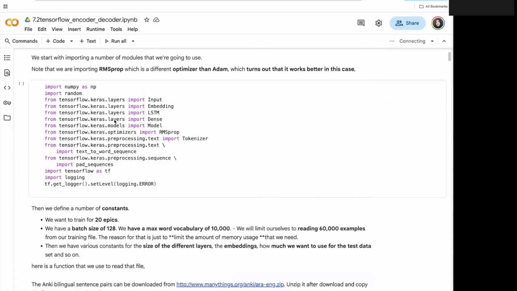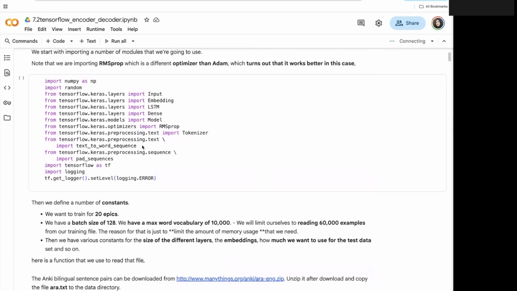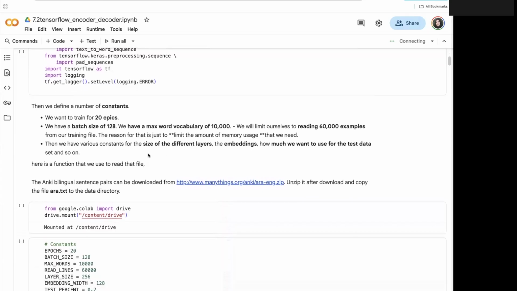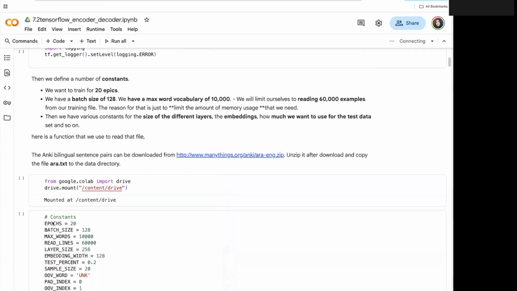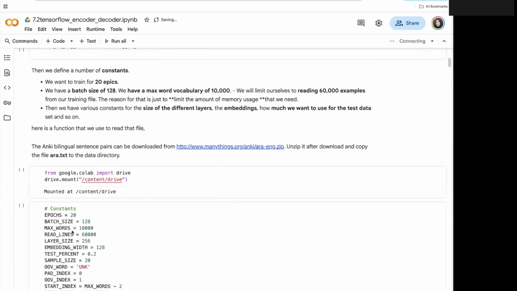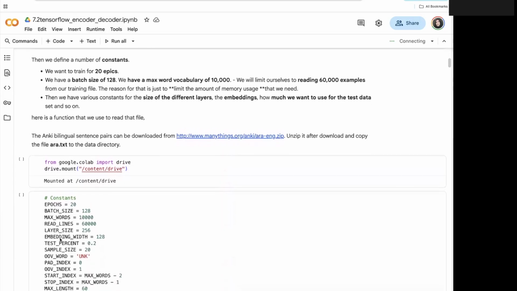We usually start with importing the modules that we are going to use. Note that we are importing RMSprop, which is a different optimizer than Adam, which turns out to work better in this example. Then we define a number of constants, like 20 epochs and a batch size of 128, and other constants, for example, to limit ourselves to reading